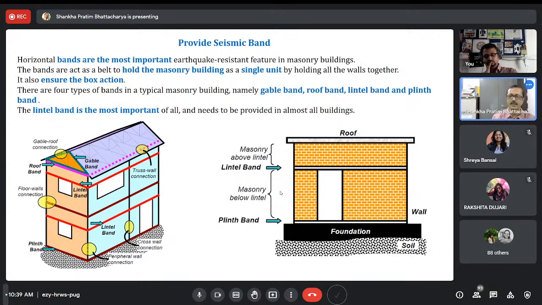One in the plinth, one in the lintel, one in the roof. And if it is a gable roof, there can be a gable, triangular kind of thing also, with the band also. But at least in these 3 levels, a band must be there. And out of these, the lintel band is the most important of all, because